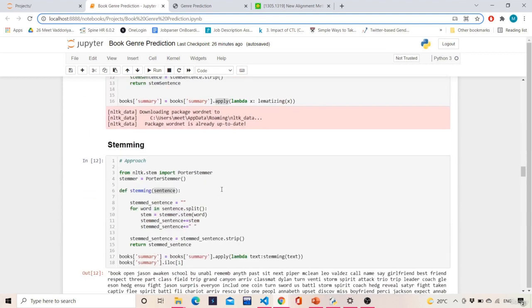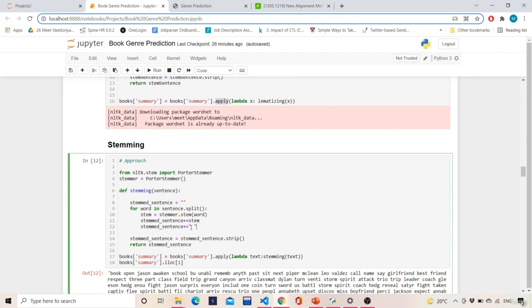We have to split the sentence into words so that it can be stemmed. So we say stemmed sentence is an empty string. For word in sentence dot split, for every word you apply the stemming algorithm, and after that the result will be stored in stem. Then you add that into this stemmed sentence empty string, and to make the string look prettified, you add a space over there.